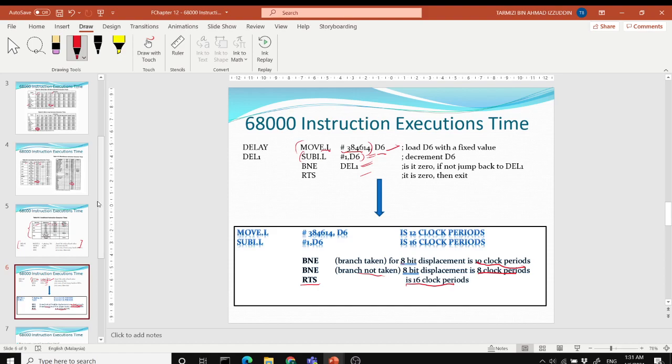so if you want to calculate for one loop, because this is a looping program, because you have branch on equal, meaning that if it's 0, then it will return to your subroutine. Then if it's not 0, it will jump back to deal 1. So it will keep on minusing 1 to D6 until it is 0. So this is a loop. So for one loop, how many clock cycles does it require to execute this one loop? You're going to look at later on how you're going to calculate that. Okay,